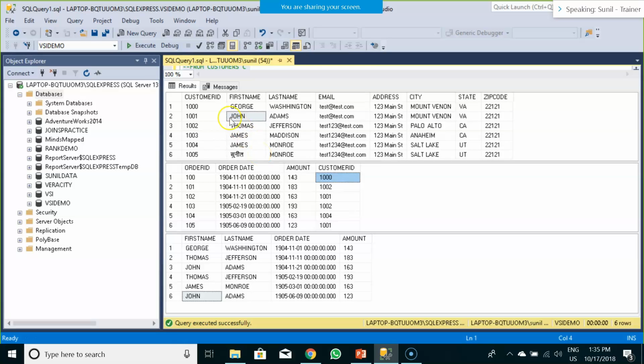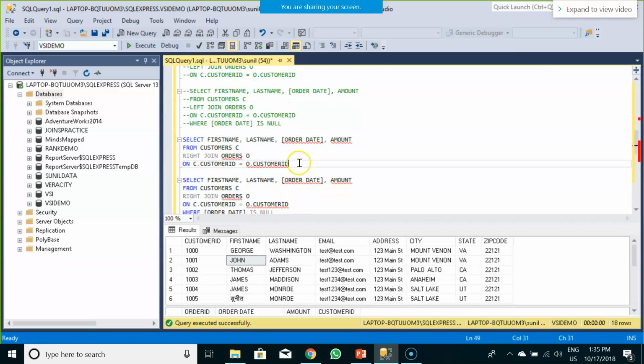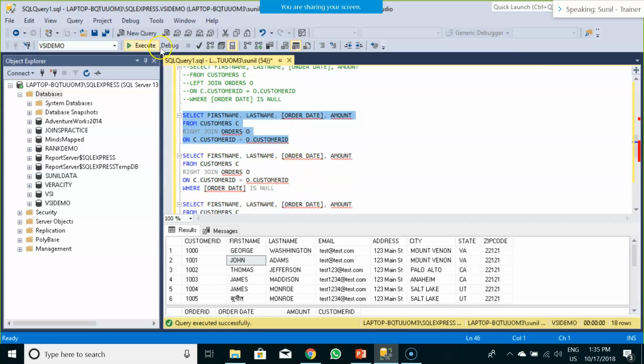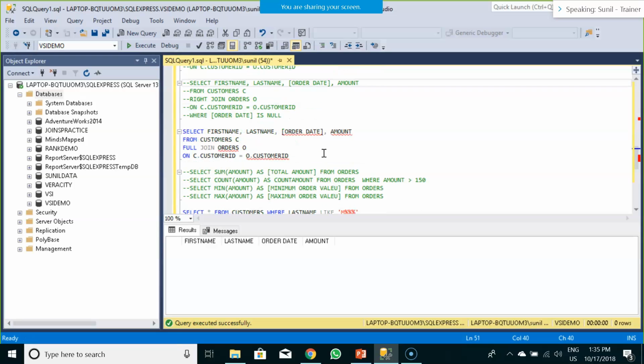If you think it logically, first customer would be created, then the customer would place order. Can it be a scenario wherein order would be there and customer won't be there? No, it would never happen. That's the reason why we don't see any null to the left hand side. Now, even though we apply this null part on right join, it won't give us any result because there is no null orders over there.